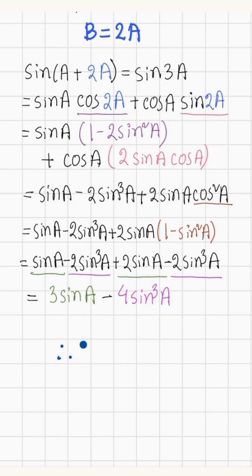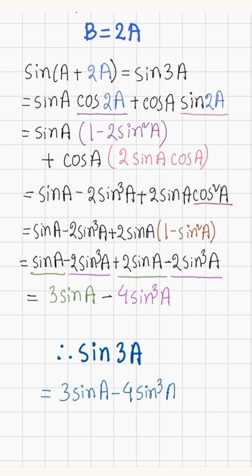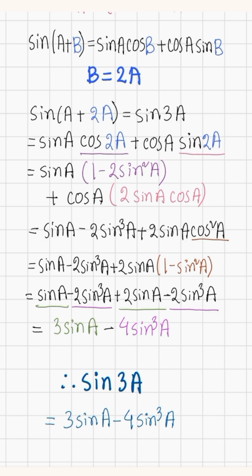সুতরাং sin 3a equals to 3 into sin a minus 4 into sin cube a। বেশ, এইভাবে খুব সহজেই আমরা sin 3a এর সূত্রটিকে বের করে ফেললাম।